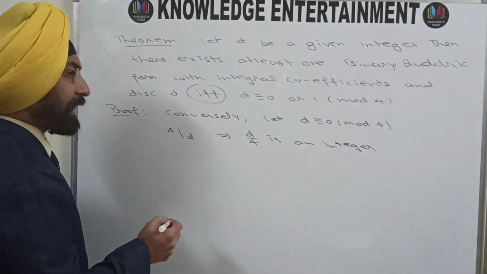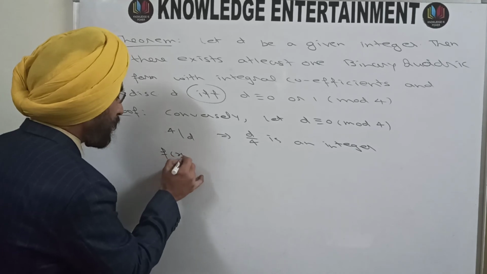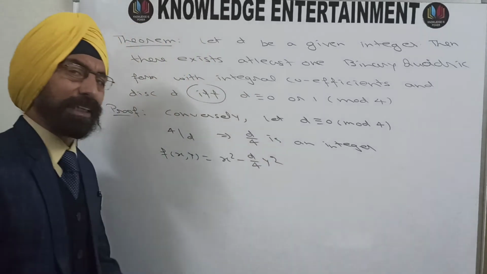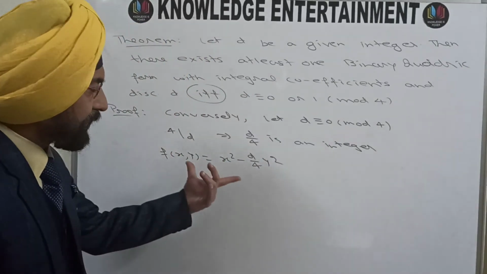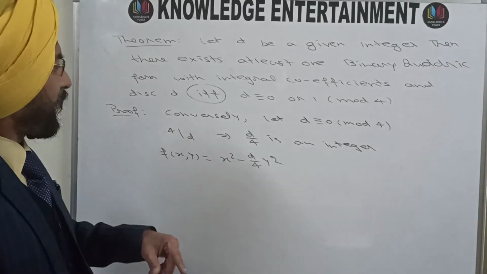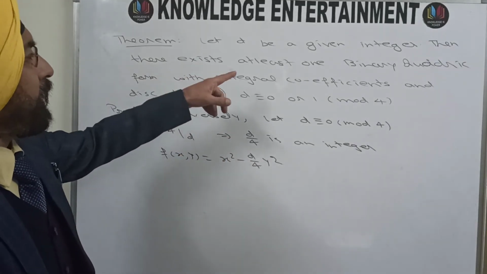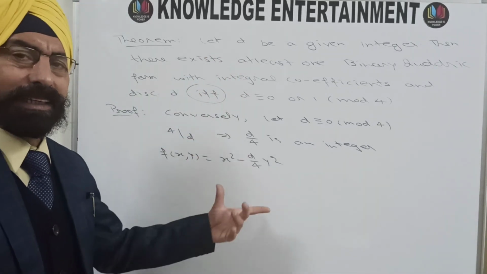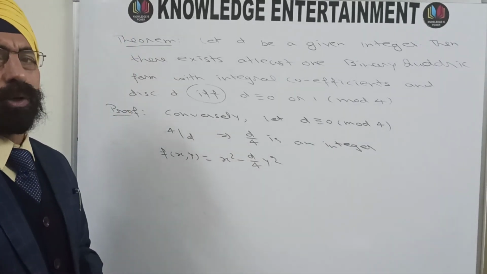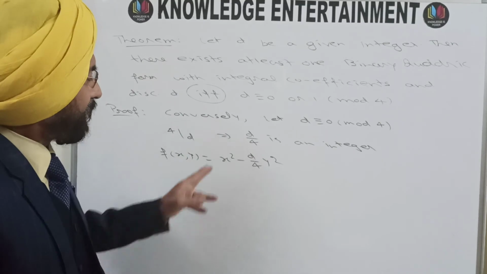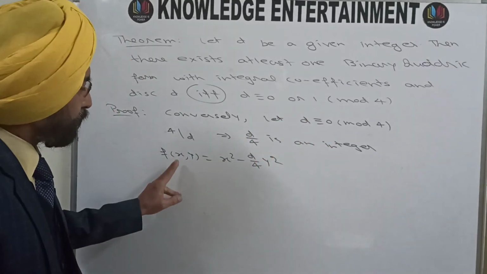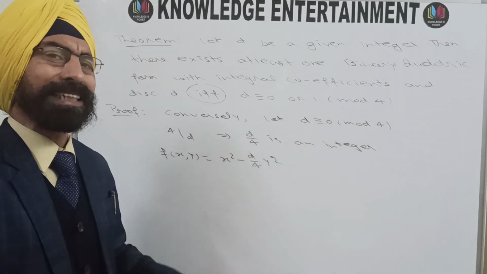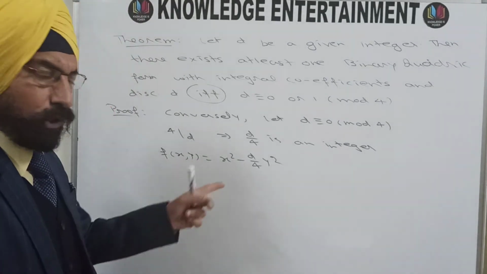And now consider this binary quadratic form, f(x,y) = x² − (D/4)y². Now this is a binary quadratic form where what we need is its discriminant to be equal to D, and you can check easily that the discriminant of this binary quadratic form is D. So if D is congruent to 0, we have at least one binary quadratic form, which is this one, x² − (D/4)y², having the discriminant equal to D. You can check it.